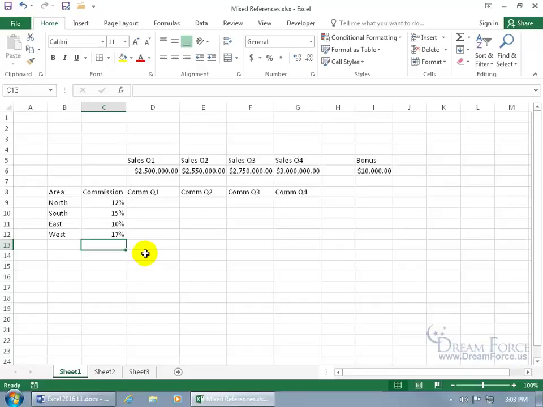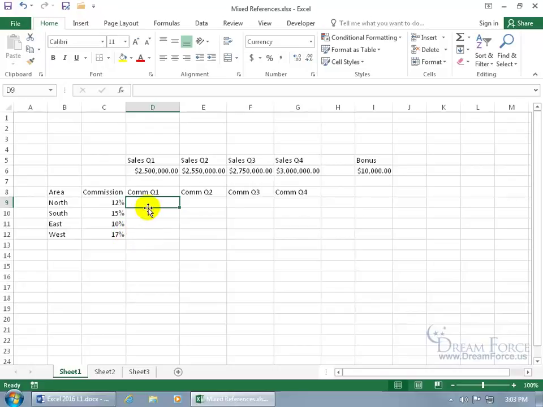First off, what you're looking at here is the commission rates that I set for the areas north, south, east, and west for each quarter. And we want to multiply those commission rates by the total sales we have for each quarter. And that's how we're going to get our total commission for each area. So for the commission rate quarter one for area north, they get 12% of the total sales because they did okay, as opposed to west. Woohoo! They really worked hard, and so they get a bigger chunk of a percentage of the total sales for